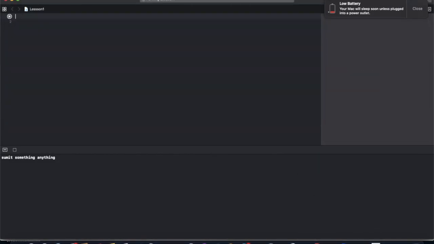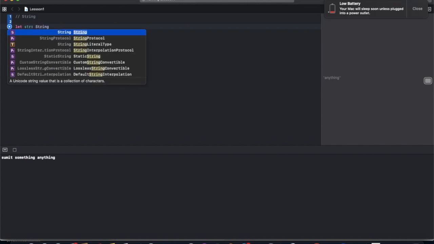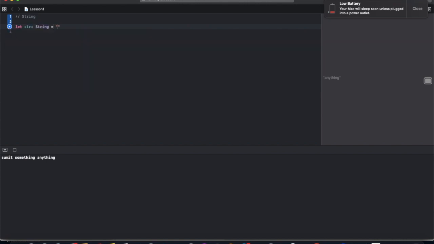We remove this code. Now first we declare a string, comment string. So we can declare any variable with a string. Let str, type annotation String, and the initial value.